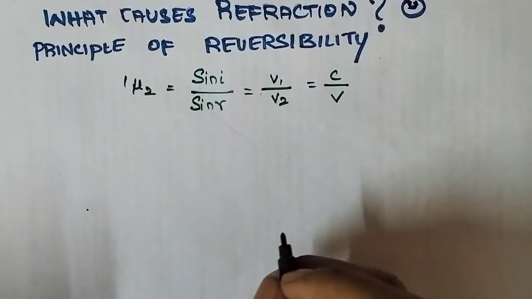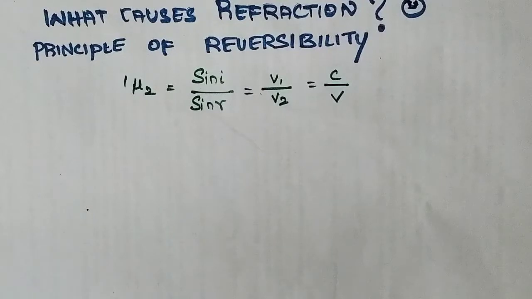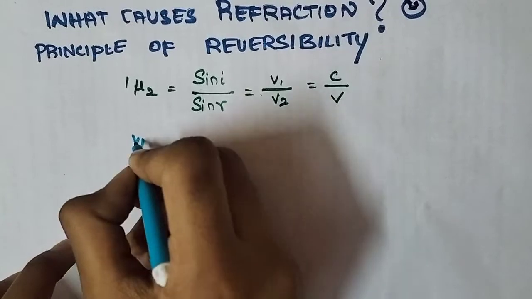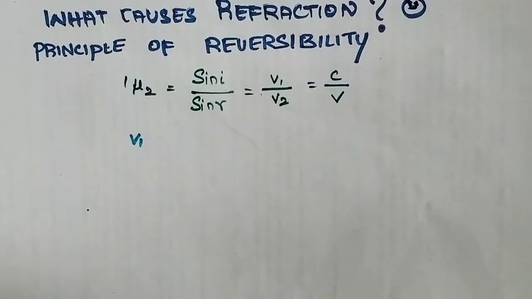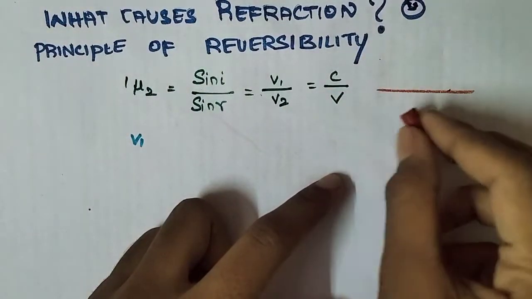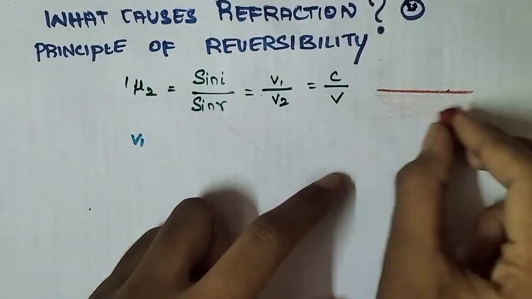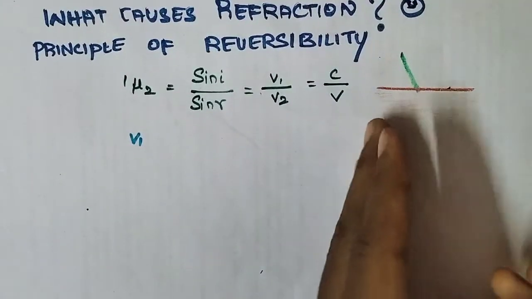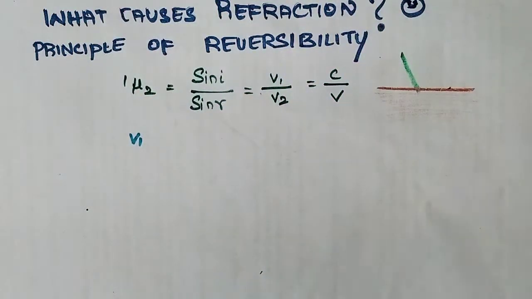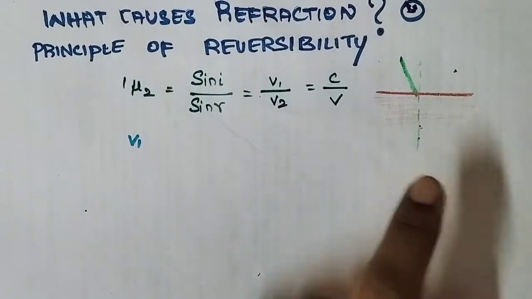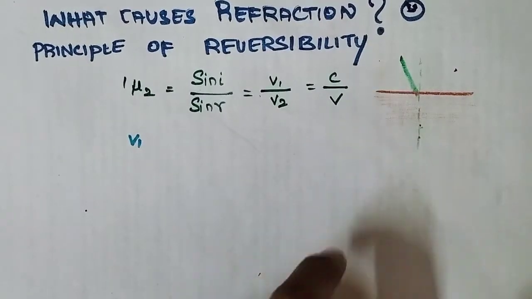Okay, clear? Now we can easily write the relation. If you take this as one medium and this as another medium, some medium over here, the light rays come obliquely. These things we are seeing only in the oblique condition. If the light comes normally, it goes straight, but we are not seeing the normal condition, only the oblique condition.